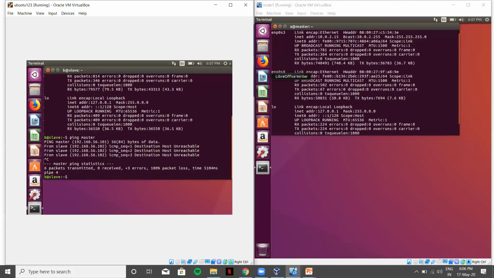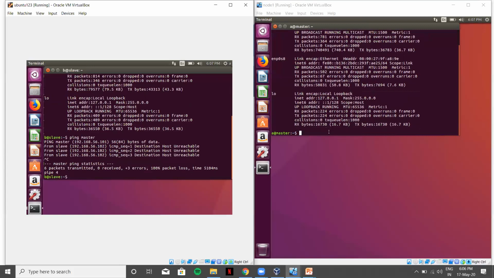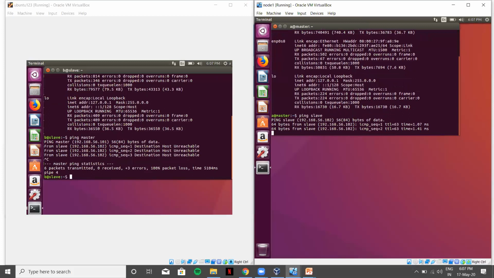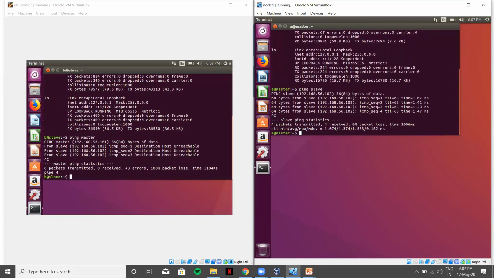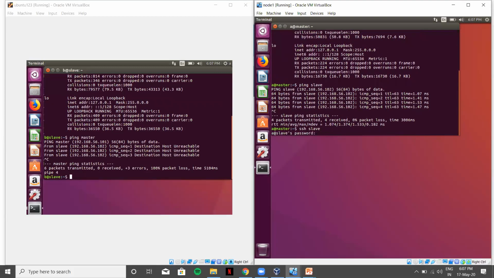In a similar fashion, I'll ping the slave from the master. It's pinging, and now I want to check whether I can log into the slave via the master one.